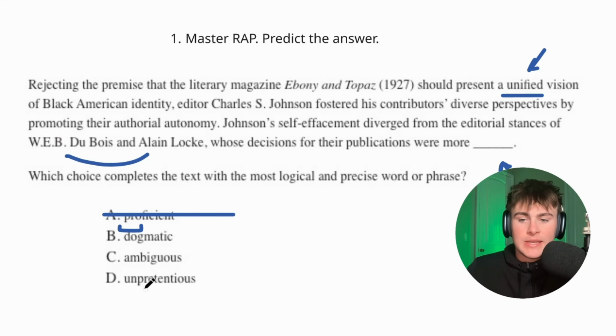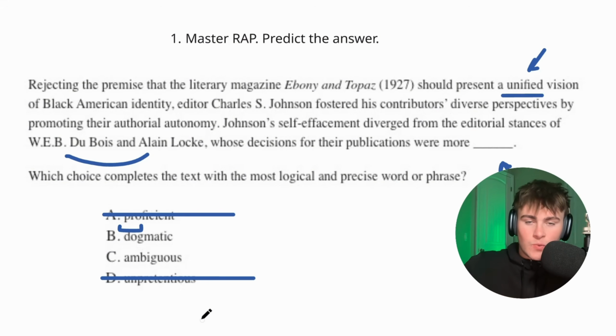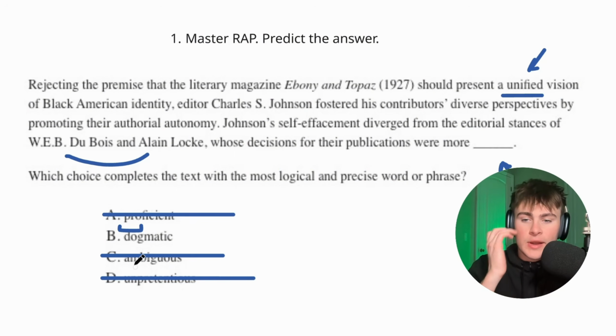So it's probably not going to be D. Un is just the opposite, so not pretentious. So someone who's humble pretty much. So it's not going to be D here. Ambiguous is a very common word as well, especially in the SAT. By the way, all these words are very good if you want to memorize them. I think it's fine. You don't want to memorize too many, which I'll get into later in the video. But ambiguous is something that is hard to understand. It is up to interpretation. So this is kind of irrelevant to being unified. It's not going to be C here. Therefore, it is B. You don't have to know what B means at all. You can just pick it and you know you're right because it's not A, C, or D.